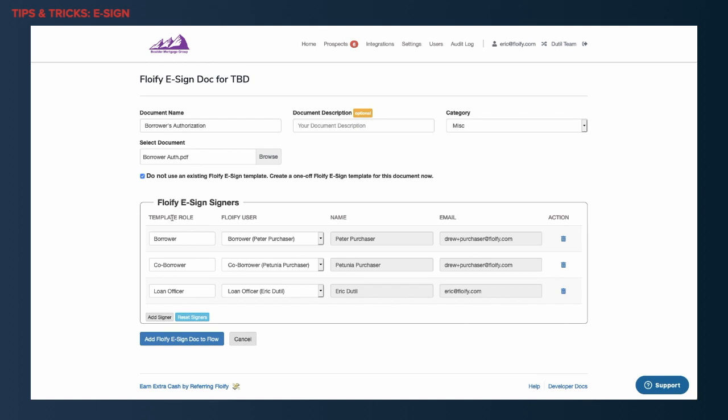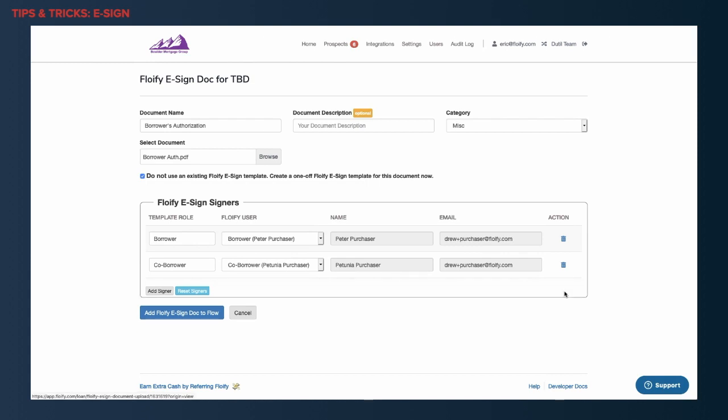And then my signers are gonna be right down below. So here's my borrower, Peter, my co-borrower, and my loan officer. It's there by default, but since I don't actually need a signature for myself in this case, I can go ahead and click the trash can there. And then I can always add additional signers here if I needed to. Or I can reset the signers if I needed to put the LO back. Now, once I click Add New Doc,